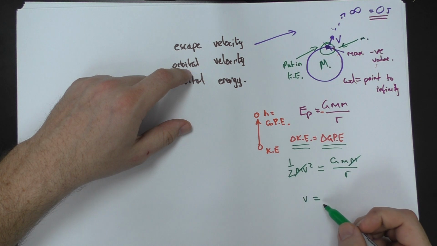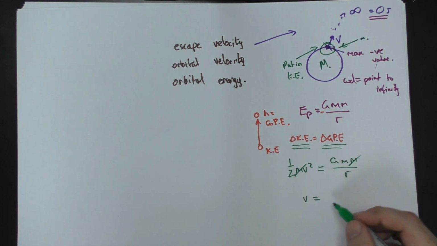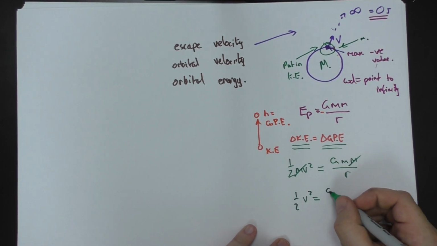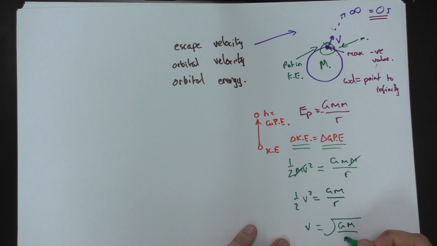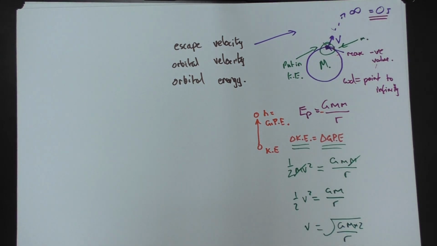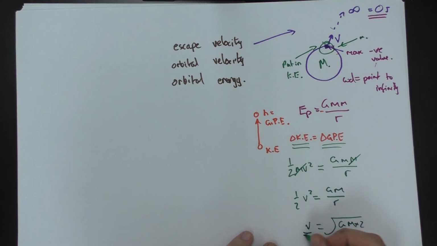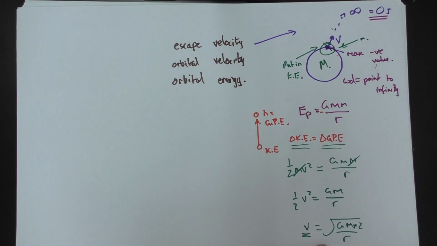So in this instance, what we've got here is half v squared is equal to GM over r. And so we can then rearrange this to v is equal to the square root of 2GM over r, because of the half there. So that is actually the escape velocity equation, and this defines the velocity that's required of a mass